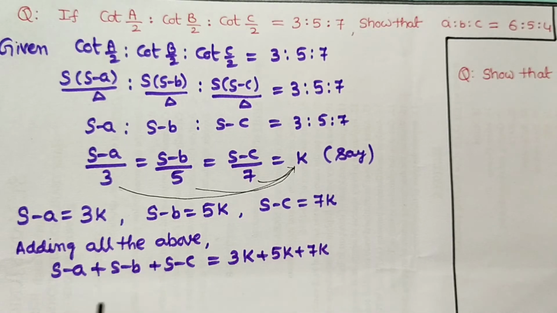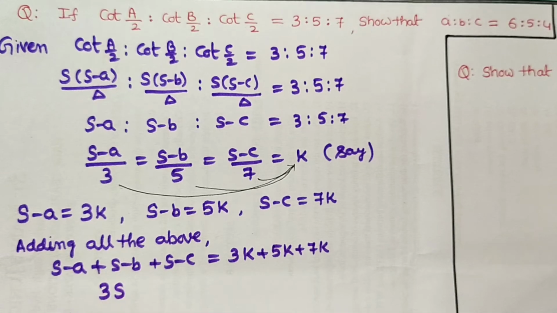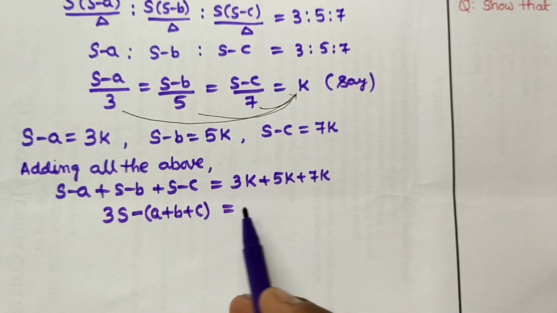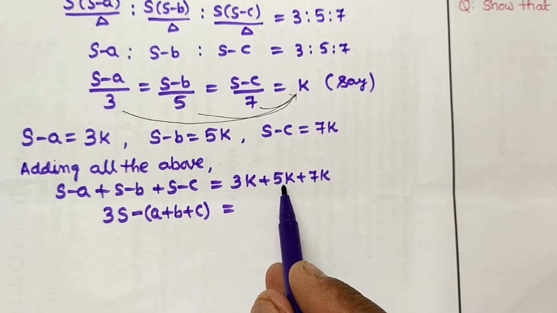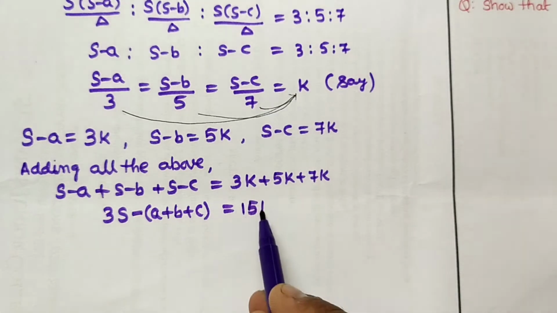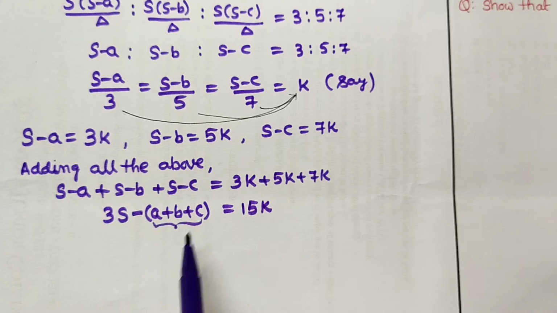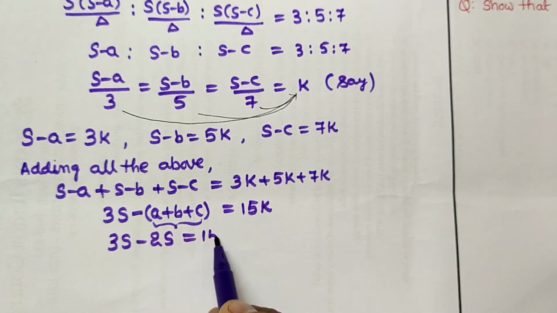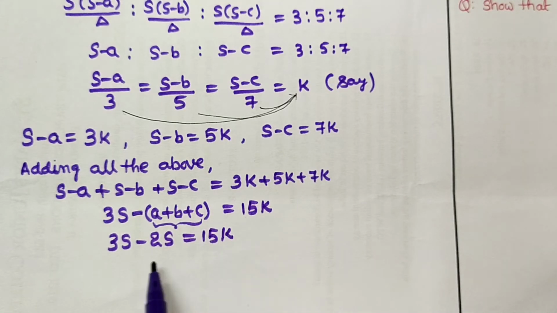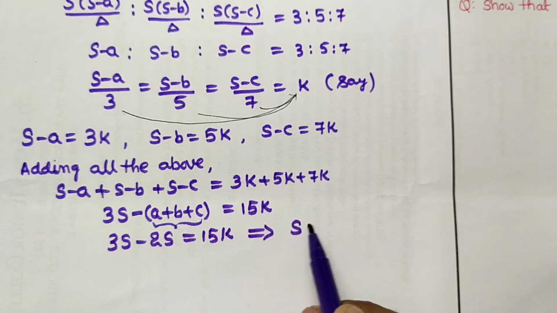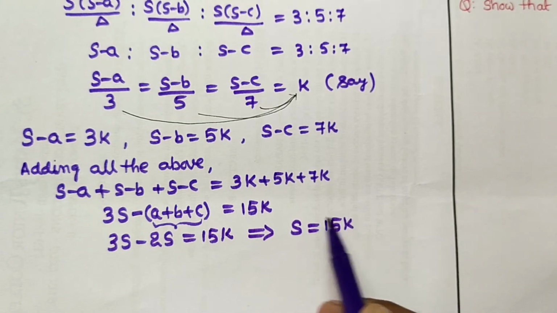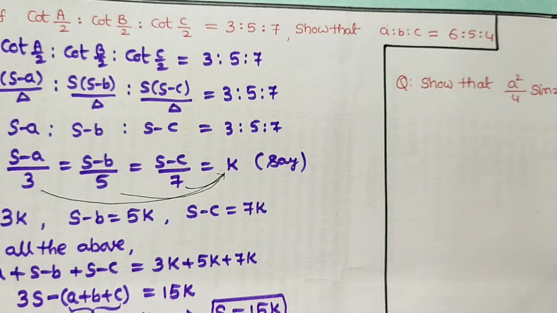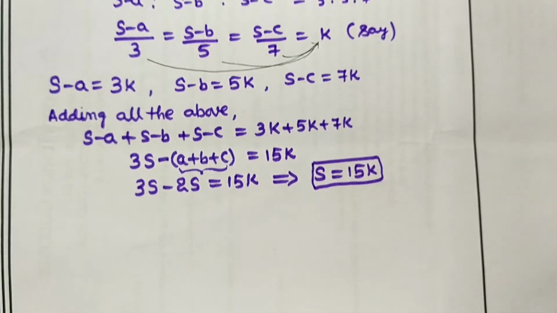S plus S plus S, 3S, minus of a plus b plus c equal to 7k plus 5k, 12k, 12k plus 3k, 15k. We know that a plus b plus c is equal to 2S, no? So 3S minus 2S equal to 15k. So that implies that S is equal to 15k. But they are asking to calculate the values of a is to b is to c. See how it is. After getting the value of S,